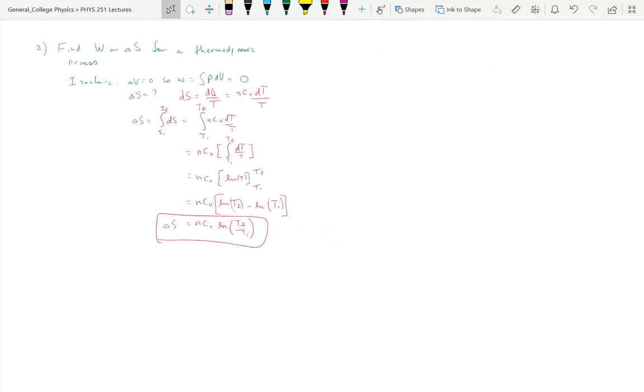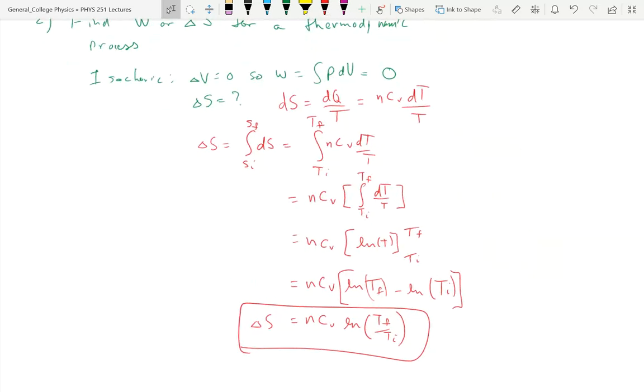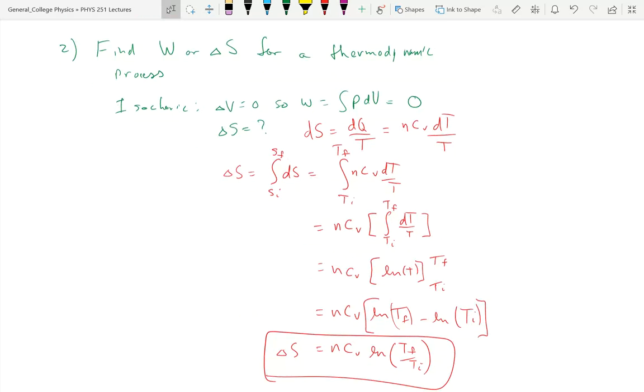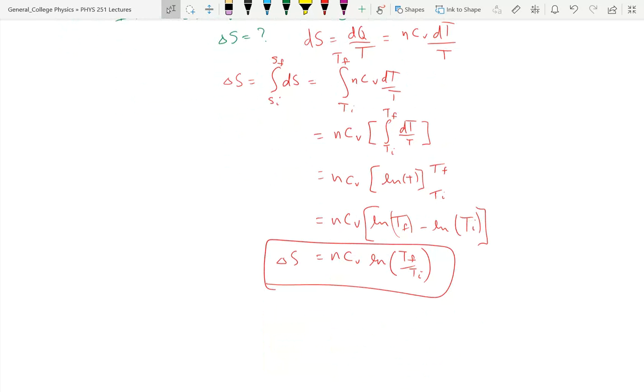So finding the work for the isochoric process, really simple. Finding the change in entropy required a little more work. Now that's one of the 4 processes. The other processes you have are isobaric, adiabatic and isothermal. So we have enough time to do at least one more. Choose one. Isothermal? Okay. So if we do isothermal,